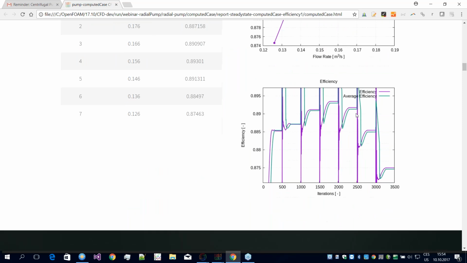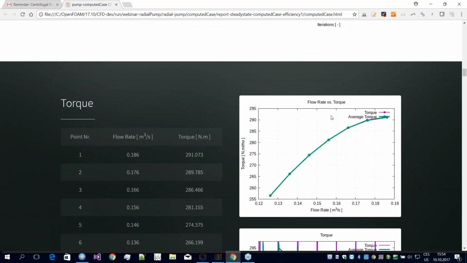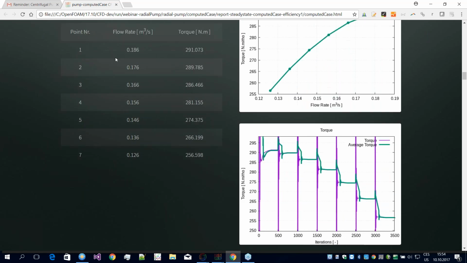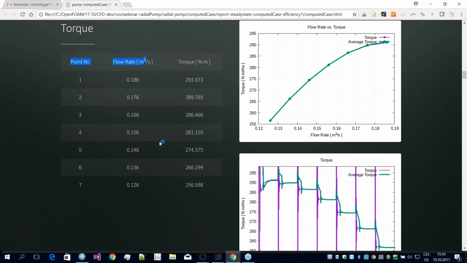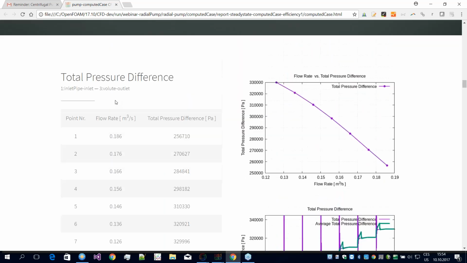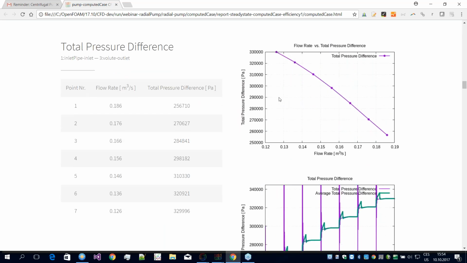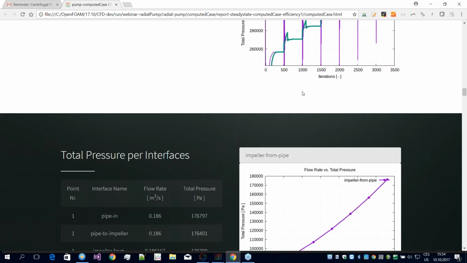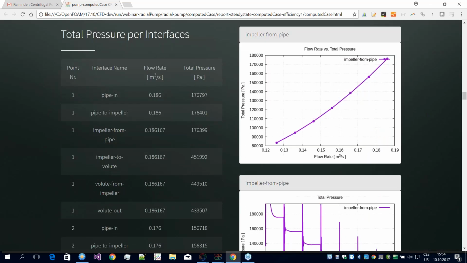For example, again, efficiency, convergence of the efficiency, the torque for each point of the simulation, total pressure difference between inlet and outlet, or between your predefined efficiency probes,